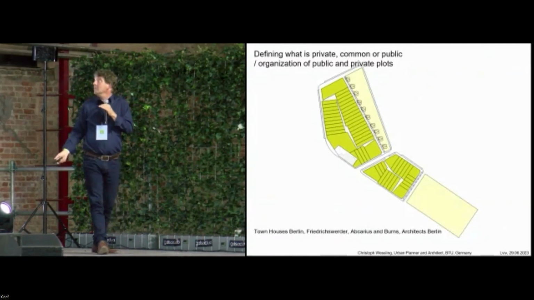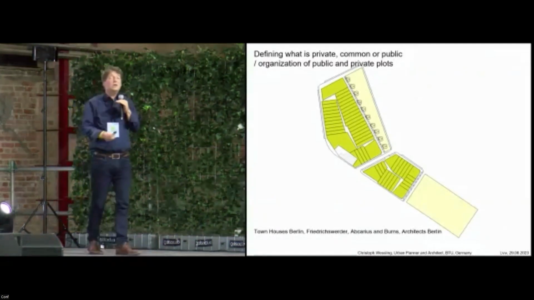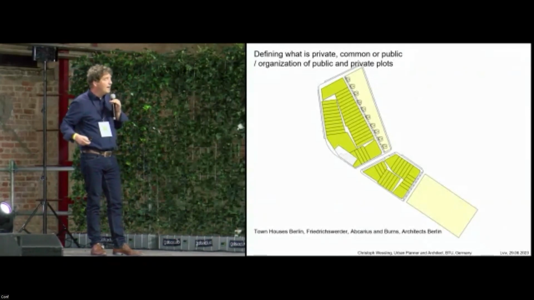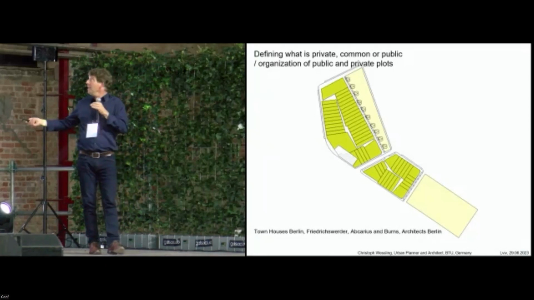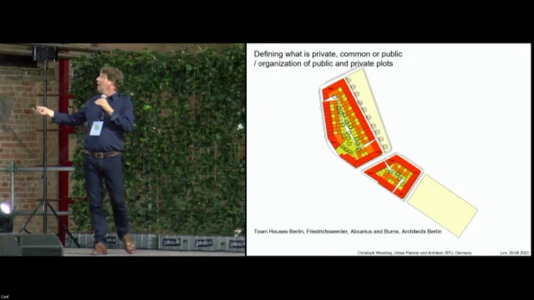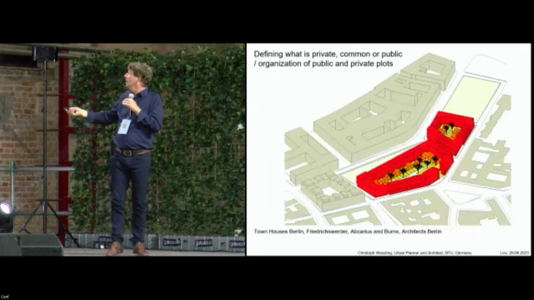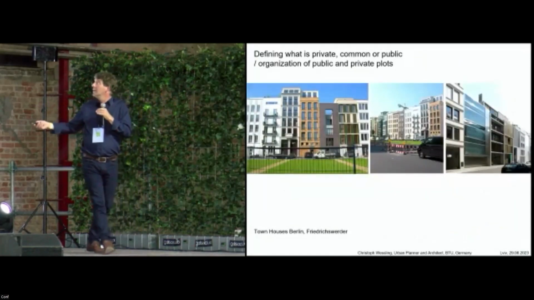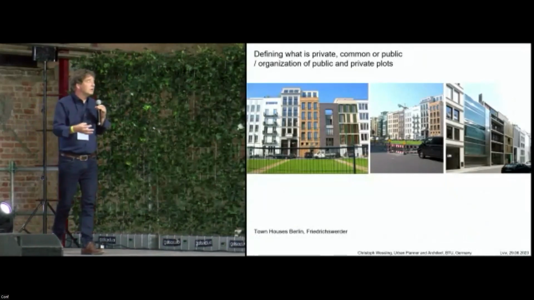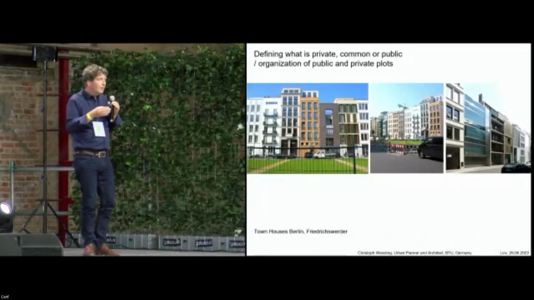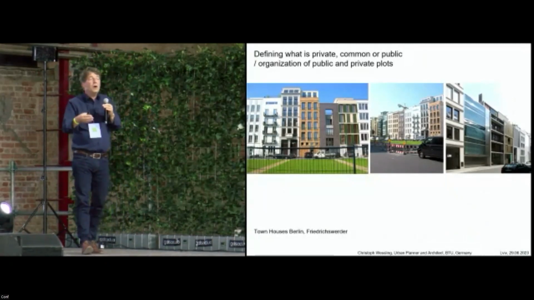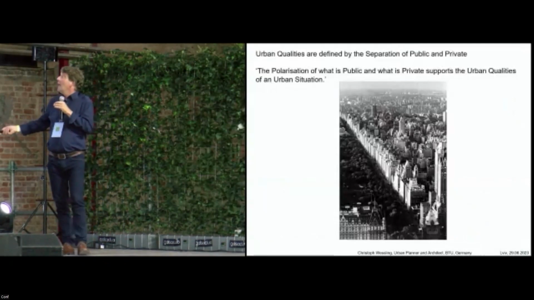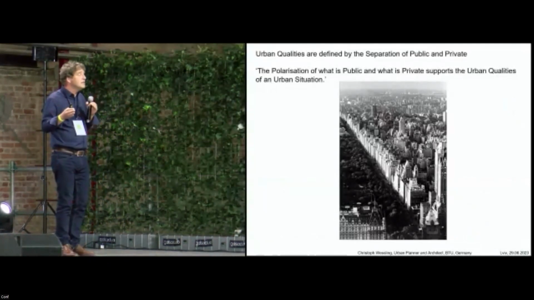And then they decided, okay, these are the parcels, and inside there will be a neighborhood way so that the neighbors have their individual common space in between. And then the buildings were done, with larger buildings at the corners, and this is how it looks today. So we can see that with this tool, defining what is public, what is private, what is common, we create qualities in our cities. And the stronger this separation is, the more urban a situation is.